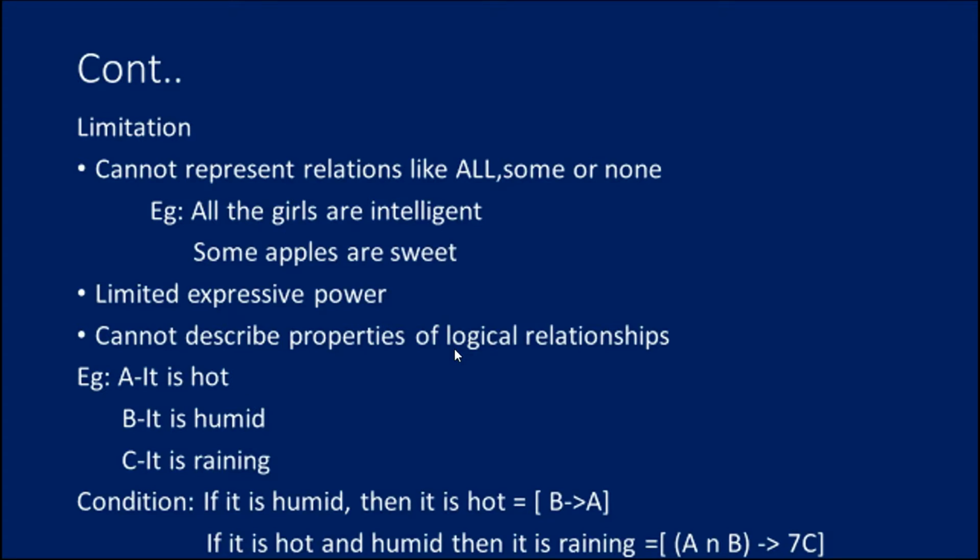For a disjunction, for example: Ritika is a doctor or engineer. Here P equals Ritika is a doctor, Q equals Ritika is an engineer. So we can write it as P union Q. Whereas for conjunction we can say: Rohan is intelligent and hardworking. It can be written as P equal to Rohan is intelligent, Q equal to Rohan is hardworking, which can be represented as P intersection Q. Both, he is intelligent and hardworking.